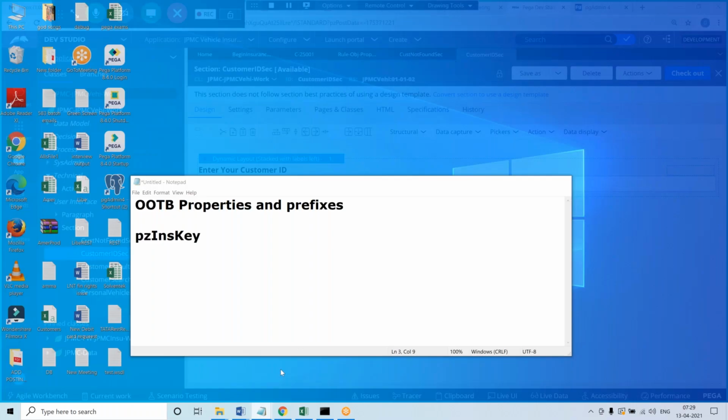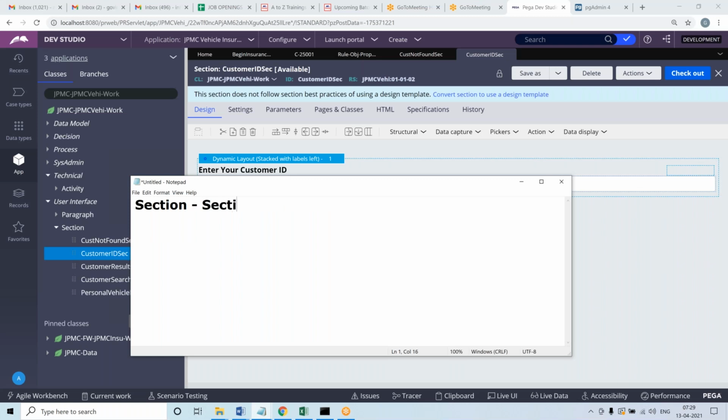When you create a section, what you have created gets stored into the PR4_rule_section table. This is the table. Which class is this table mapped to? Someone please respond. So far I have told you 3 times. Rule-HTML-Section. So every section that you create is going to get stored into this table. So one row in this table is equal to one section.